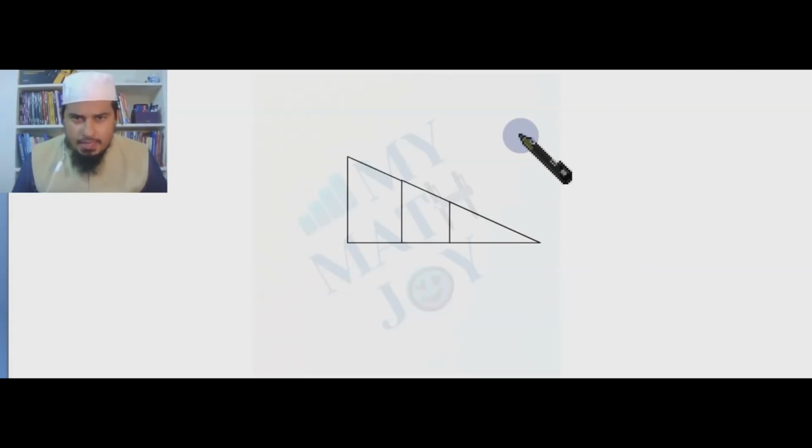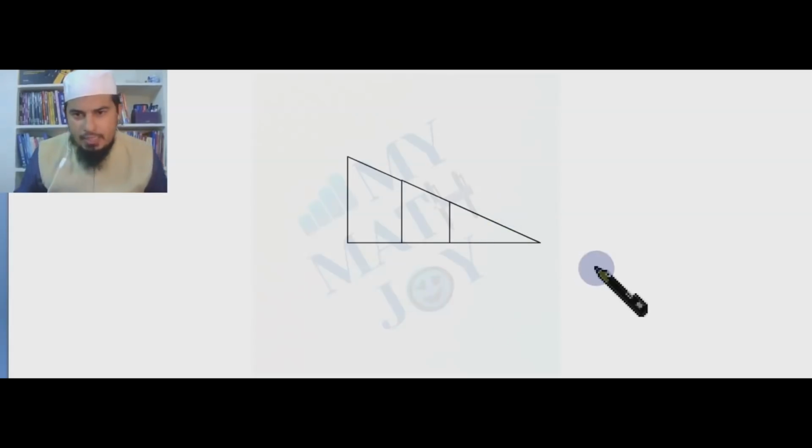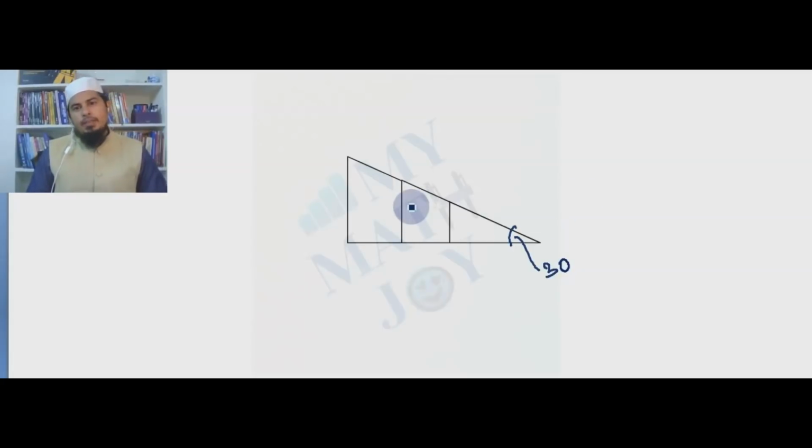Now let us take an activity and come to a certain derivation part, observation part. What we have done here, we have drawn different right angle triangles where every right angle triangle has the same angles, because here 90, this common, so all similar right angle triangles. For example, if I fix this angle as 30 degree, then what happens if you make so many right angle triangles in this fashion and measure one of the sides? How many infinite number of right angle triangles of this kind can you make?